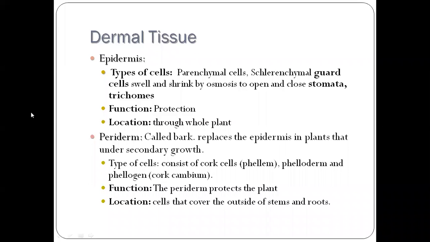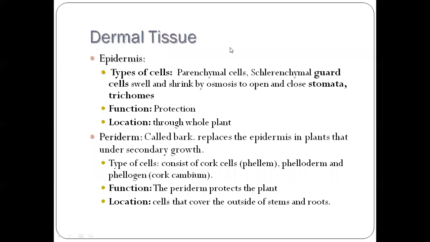So we can say that they will be kind of like the roots. And the function is protection of my plant. Localization: through the whole plant. So we're going to find these cells everywhere in the plant. Peridermal